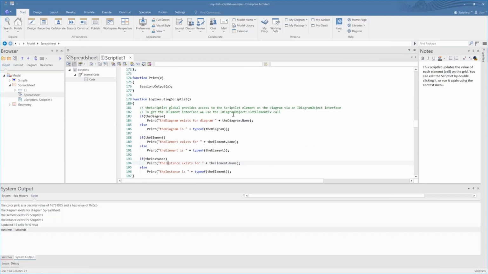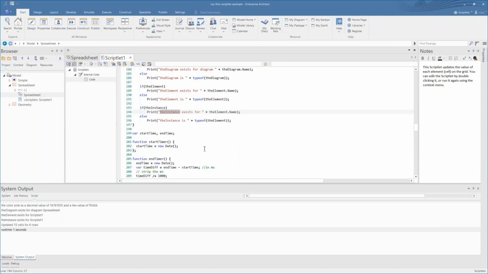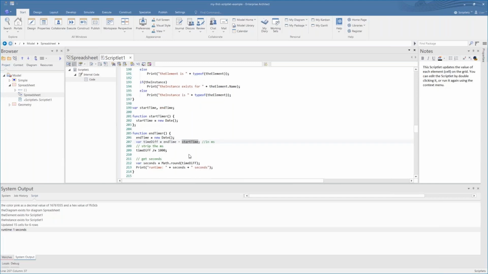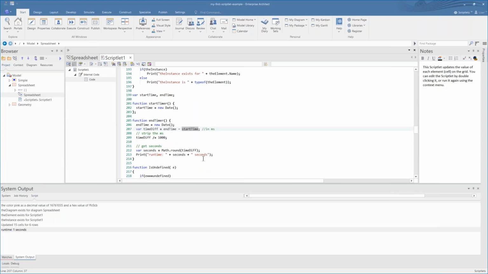So if we have a look at the code, the first function tells us whether the diagram or the element and the instance exists. The next function sets variable start time, end time, and it gets start time from new date. And then there's a function called end timer. So it looks at the time difference. So it takes the start time from the end time, and then we strip off the milliseconds in order to display that time, and we round that off and publish it on screen.